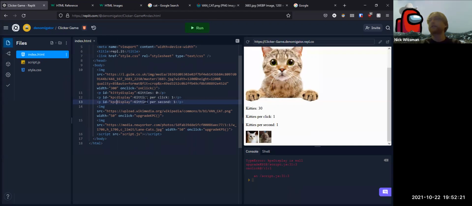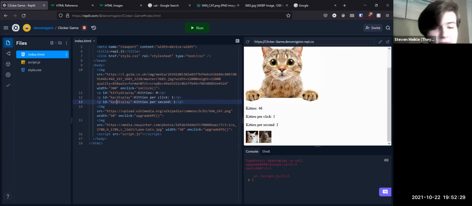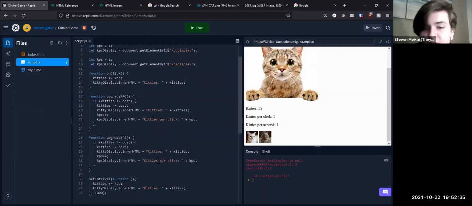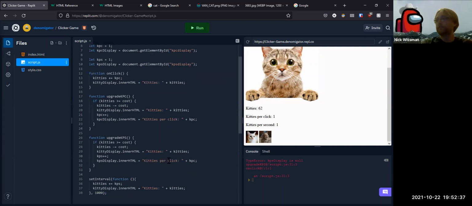Oh, so this is actually an interesting thing. This is a mistake. You should never have this. Oh, what's up, Stephen? Were you raising your hand? Up? So in the JavaScript file, do we have to change the KPC that we're adding to the string to KPS? Oh, yes. Okay. Yeah. So we do want to change this string as well. So this would be kitties per second. Good point. Okay. Yeah, but right now I'm getting an error that's actually caused by something different,